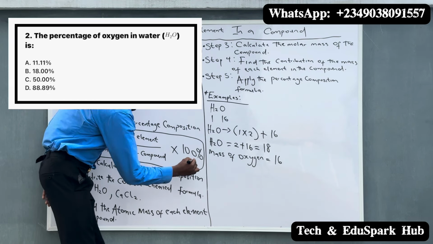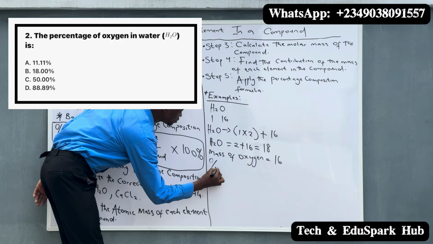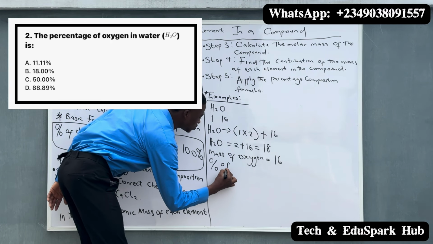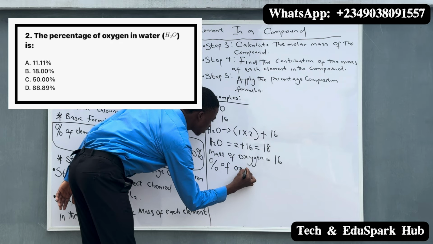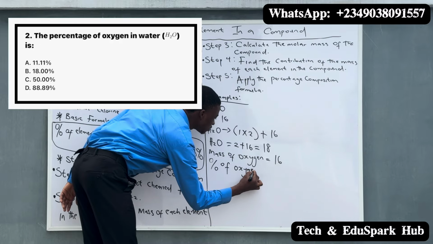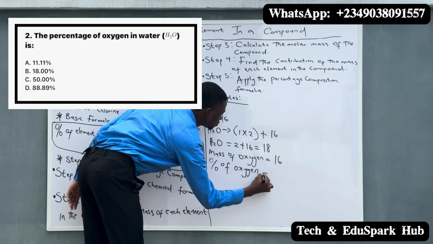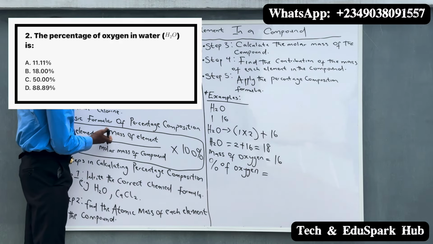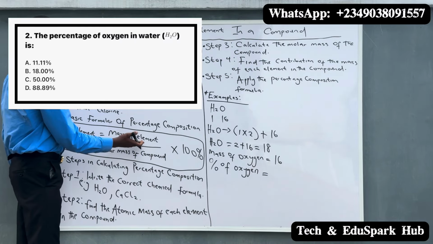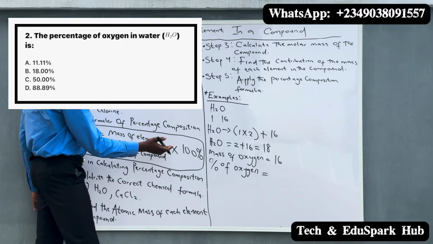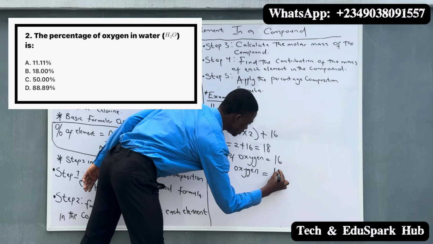So you can say the percentage composition of the oxygen that we are trying to work with. You can say percentage composition of oxygen, because the question is asking us to calculate oxygen. So it will be equal to, what is the mass of oxygen, which is the mass of element. So the mass contribution of oxygen in this case is 16. So we have 16